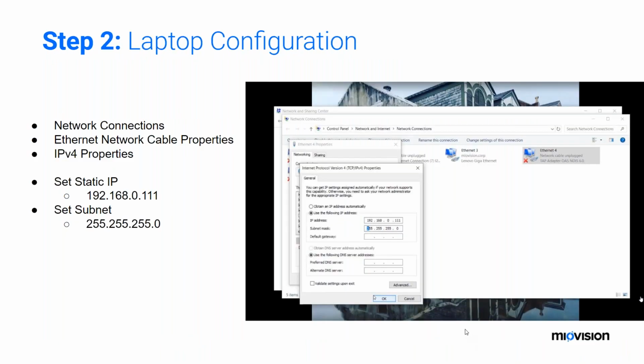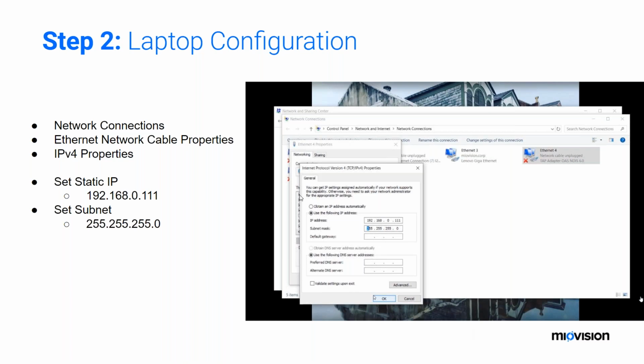Because IP addressing is a big part of it, you have to make sure that you are on the same IP address subnet, on the same static IPs. So you have to give your laptop the same IP range. All of our devices at MyVision are 192.168.0.xxx, whatever in that series. We use the lower numbers for our devices, so .10, .20, in that kind of range. I usually choose just .111, just throw it up higher into the higher range and you won't have any issues. Technically, you can give anything, just above 100 is a good recommendation.